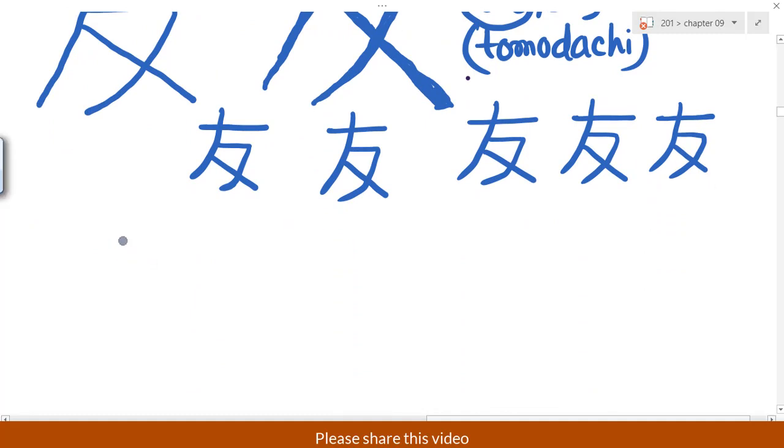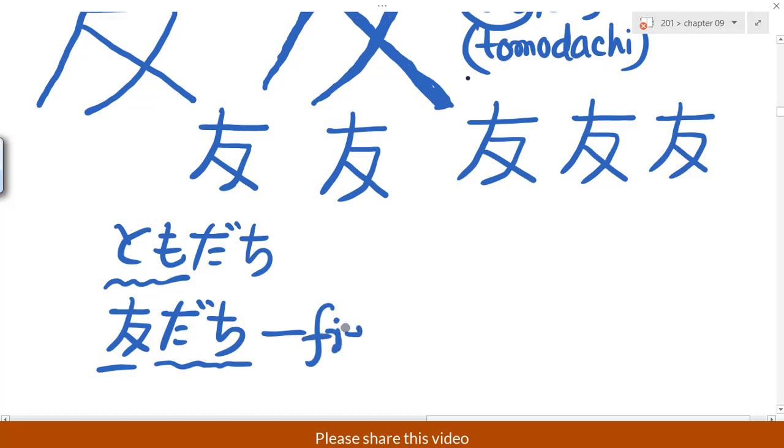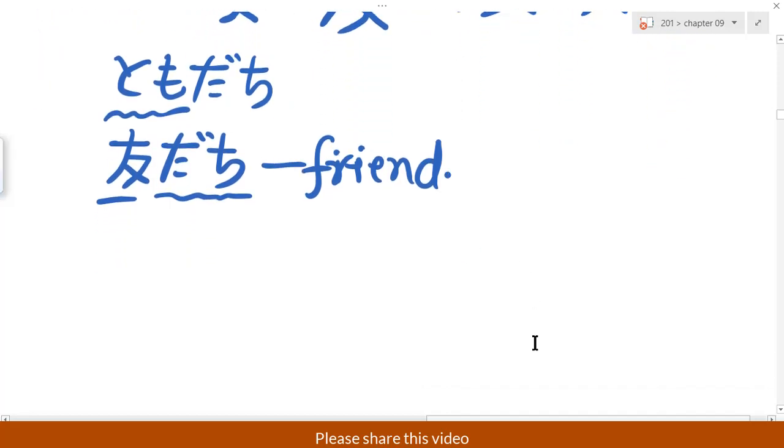So overall, tomodachi. So tomo, use the kanji tomo, and dachi we still haven't learned. So tomodachi. Tomodachi means friend. F-R-I-E-N-D, friend. So here, if we use one sentence,